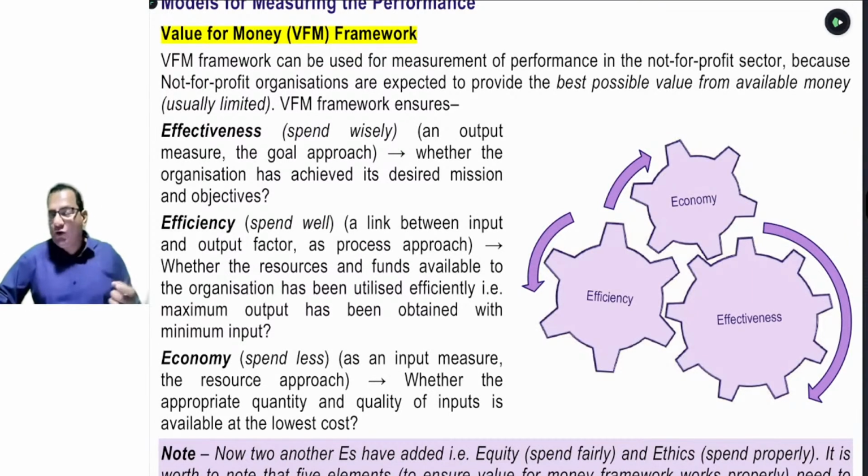If you simply read it out, beta, the benefit will be comparatively less. But if you imagine that I am going to measure the performance of such and such an organization, which is a not-for-profit center, just take any example, whether it is providing education to underprivileged children, providing medical treatment to poor patients, protecting the environment, or running an old age home, whatever you may take. But take one example and based on that read out this content, and try to link the same, that how we are going to measure the performance of a not-for-profit organization.